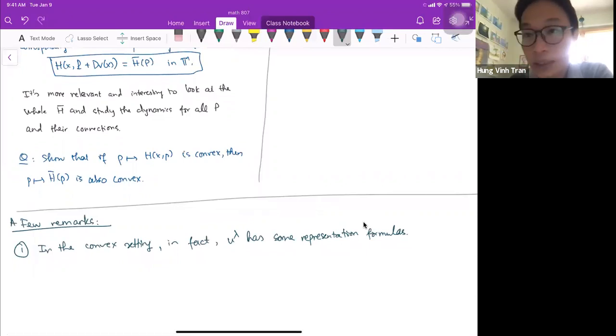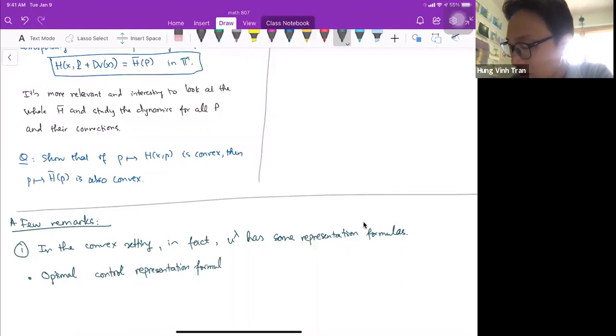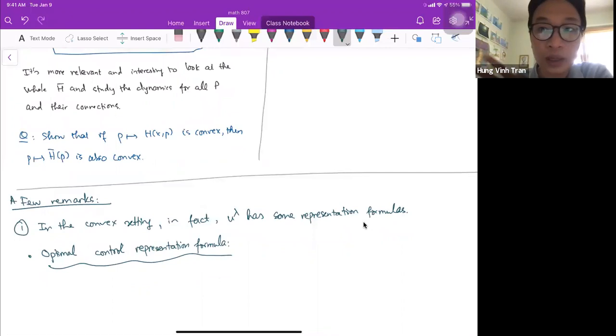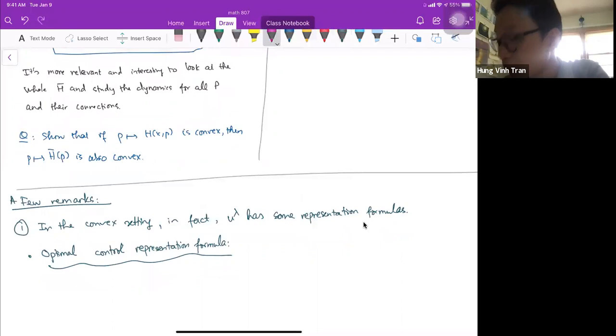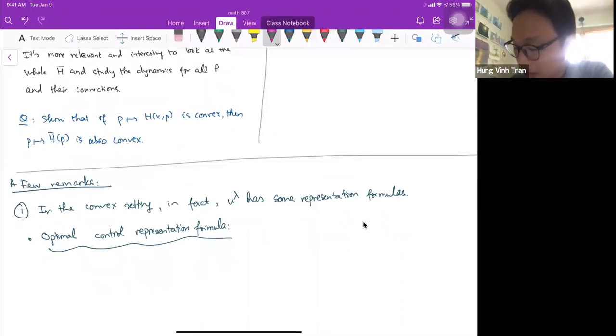The most well-known formula is the so-called optimal control representation formula. This is why the problem is very famous in ergodic control and also in practice. You have this formula: u lambda of x equals